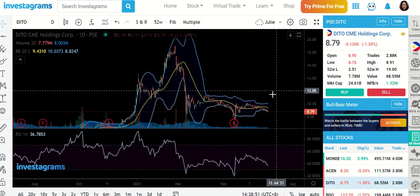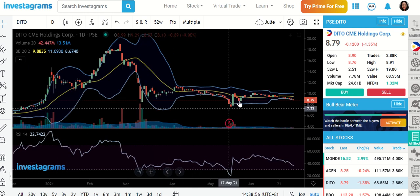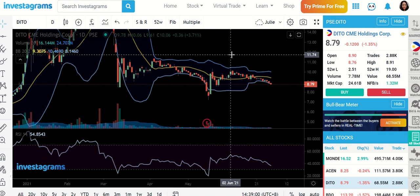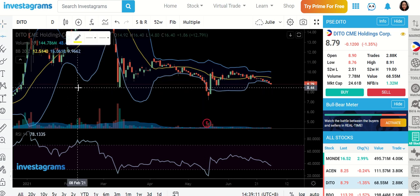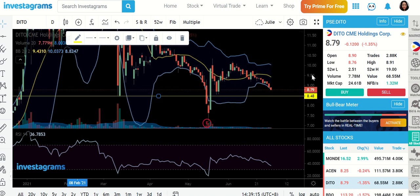Dito, on the other hand, is still giving us some bearish signals. So if you're a long-term holder, this should be your opportunity. But let's first monitor and only get in at an area where you see a confirmation, meaning we already see some signs of a possible bounce. At this point, I'm pegging it at around the 848 or 850 level, because right over